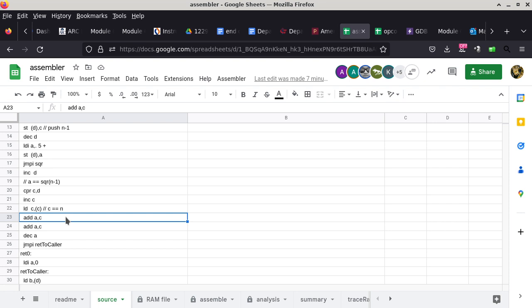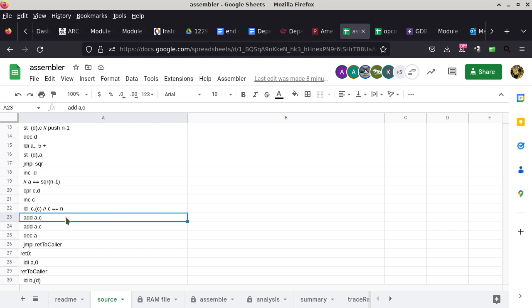Totally useless answer, because we also need to ask, why are we doing this? Because of the way things are pushed on the stack. The argument is pushed first, the return address is pushed last, and as a result, the argument is living 1 byte above the return address. So by incrementing C, which was pointing to the return address, it is now pointing to the parameter that we need to access. Okay,